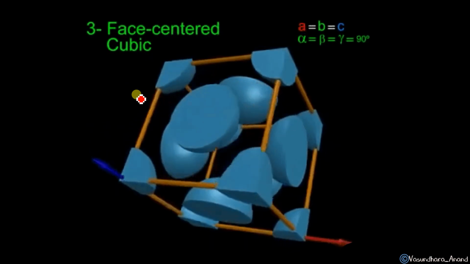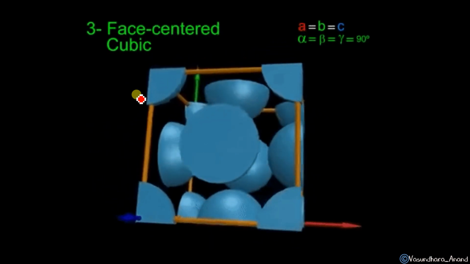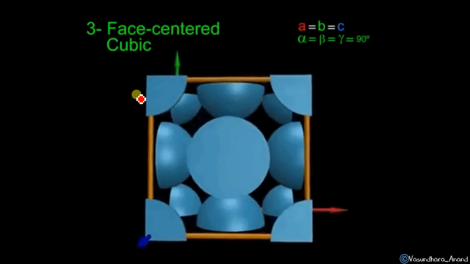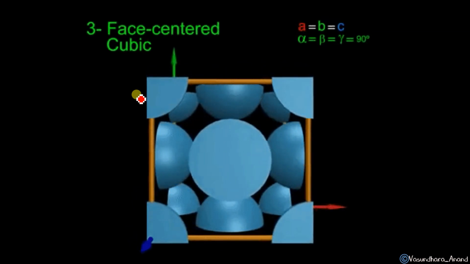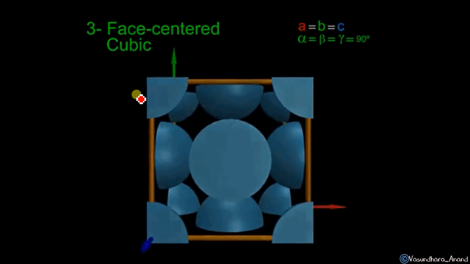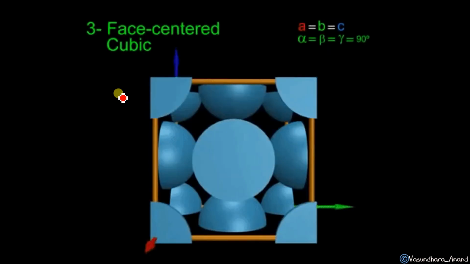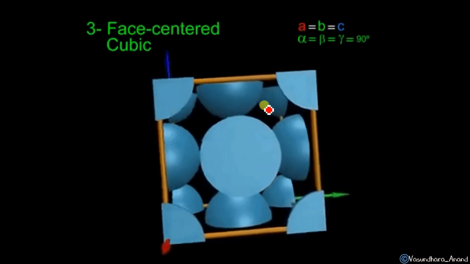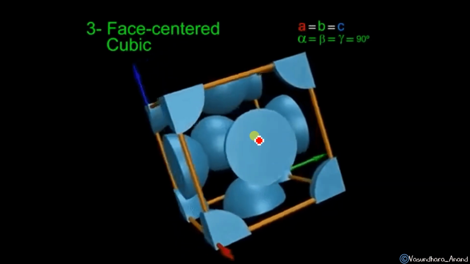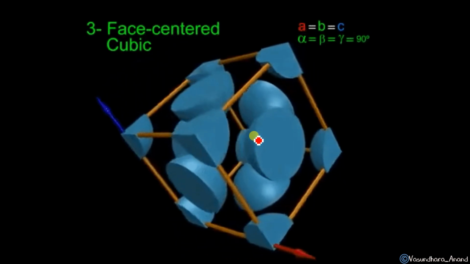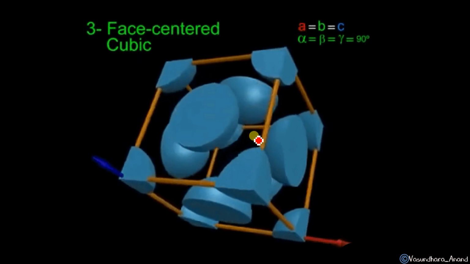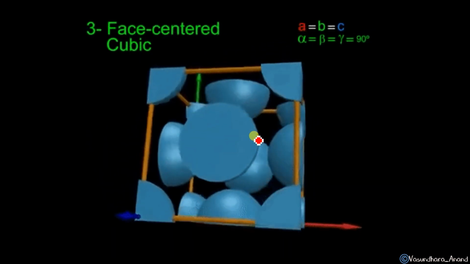Yes. If we talk about the body, along with the corner, how many points will be there? I'm asking about that. Along with the corner 8 and 1 in the body center. That means total 9. If I'm talking about face, all corners will be there, any 8, and along with this, 6 faces will be there. So 6 points, any 8 plus 6, 14 points will be there.